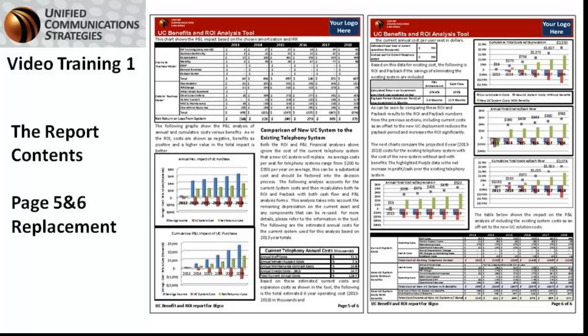So for example, in this analysis, if you look at the cumulative total cost with depreciation on the upper right, you actually see that that 2.15 million is how much additional profit the company would show with the installation of a UC system. Again, you see here payback in both cash flow and in P&L. You can see here that the P&L payback is 5.4 months and the cash flow payback is 15.9 months. Obviously, the cash flow payback puts all the costs in the first period, so there's a lot heavier payback in the cost initially, where depreciation has all of the capital costs spread out over the entire purchase. So that's the report. Allows your customer to see a complete analysis of their UC investment and its impact on